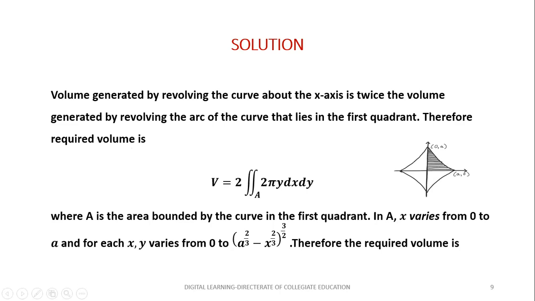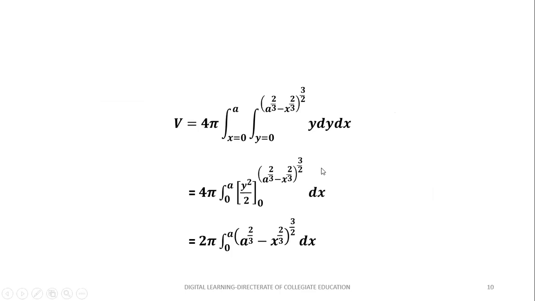Therefore, the required volume is equal to 2 times the double integral over A of 2π y dx dy, where A is the area bounded by the curve in the first quadrant. In A, x varies from 0 to a, and for each x, y varies from 0 to (a^(2/3) − x^(2/3))^(3/2). Therefore, the required volume is V equals,